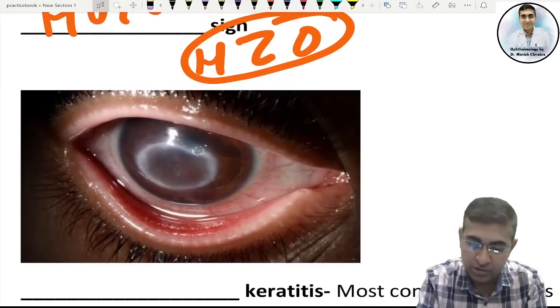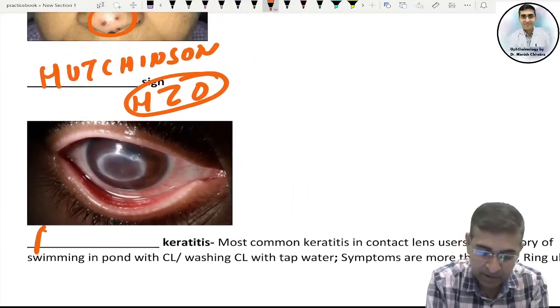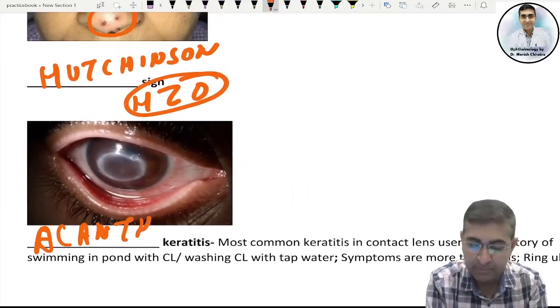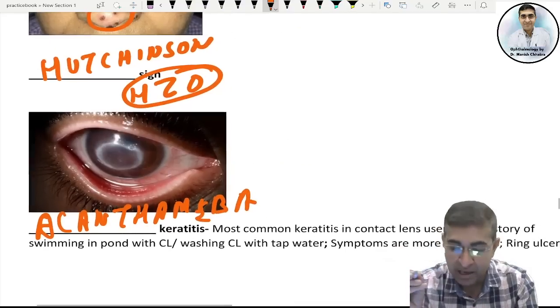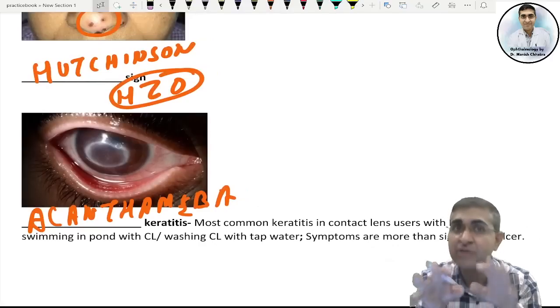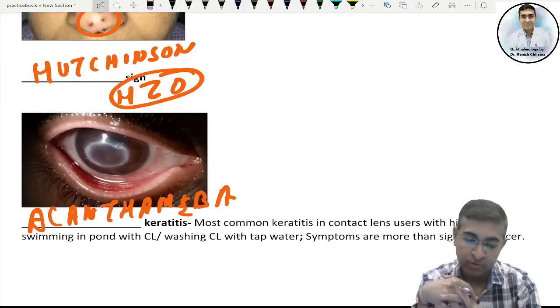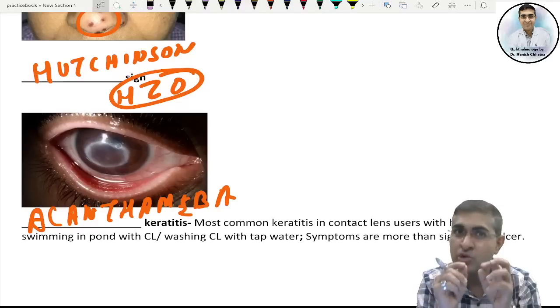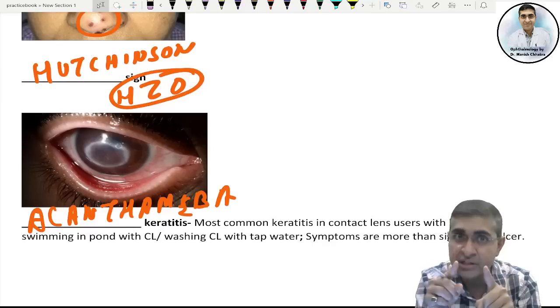What is this? Can you see the ring-like ulcer? So this is typically which keratitis? Acanthamoeba keratitis. And do you know that this keratitis is very, very painful? Why? Because it leads to inflammation of the nerves. Subepithelial nerves are inflamed. Yes, it causes perineuritis. So it is very painful, and it is the most common cause of corneal ulcer in contact lens wearers who